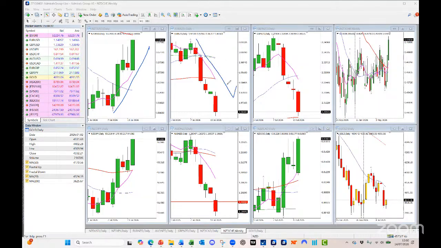Euro has weakened against the Kiwi dollar. Aussie, as we just looked at on the daily, has weakened against it. Pound against New Zealand dollar has weakened. Kiwi dollar has strengthened against the Canadian. It's interesting, even with Canadian having a good week, Kiwi still managed to work its way up, and Kiwi against yen has done really well on the daily chart there.